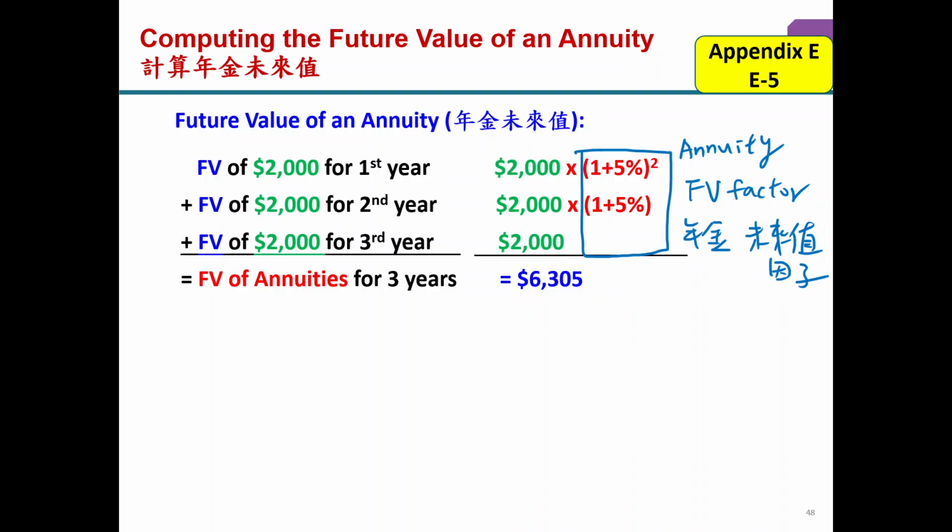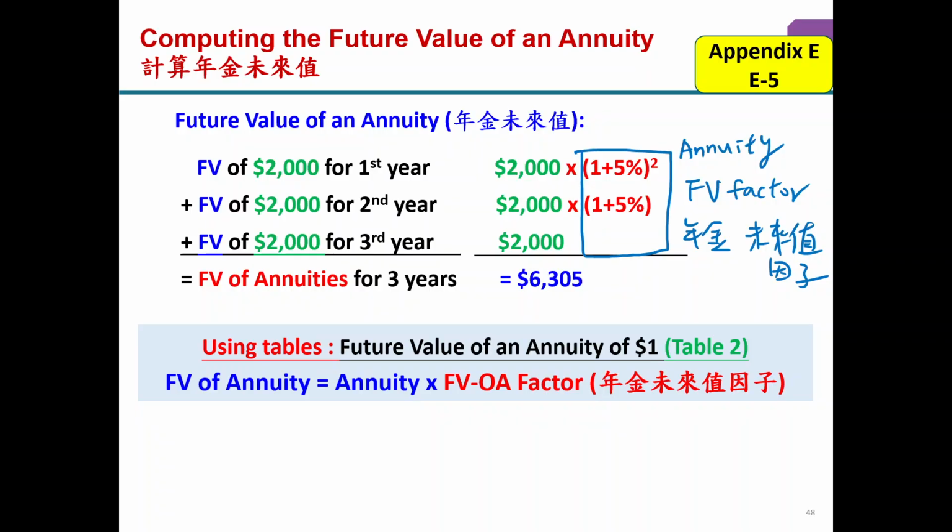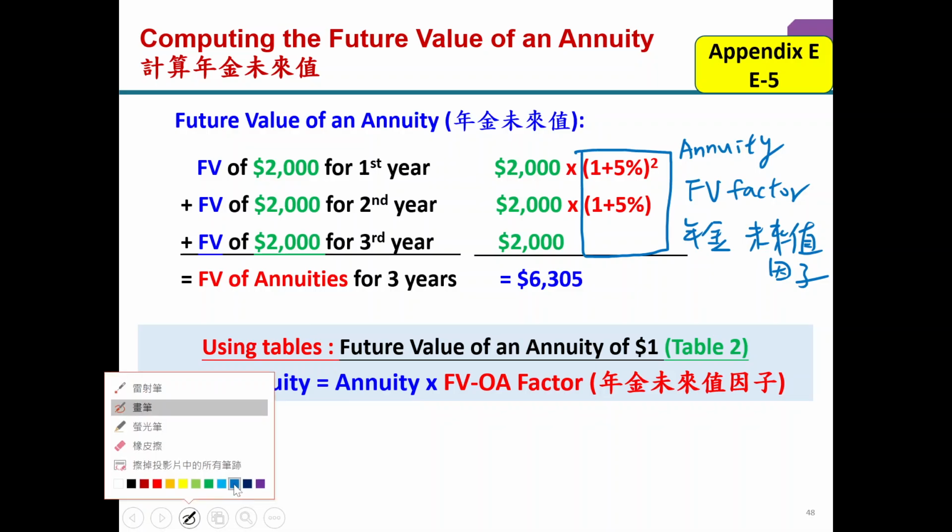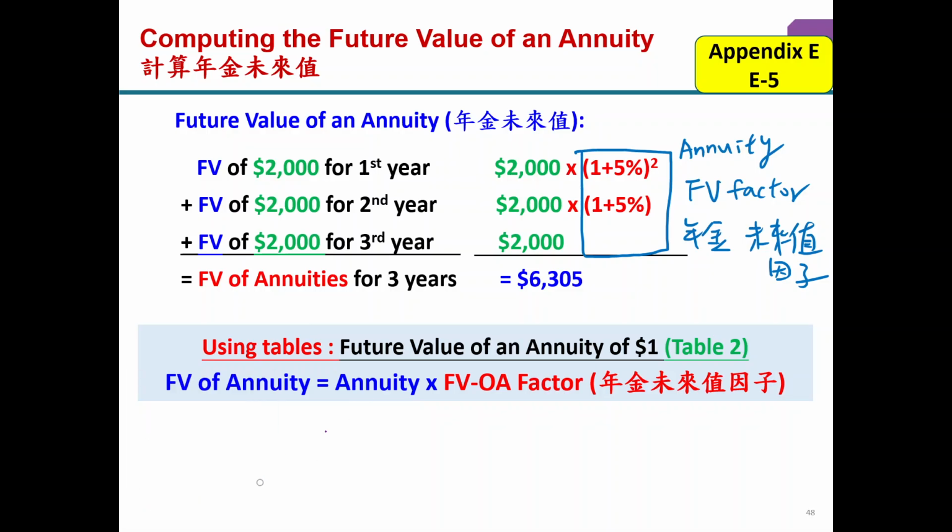So based on this, how to get the annuity's future value is based on the 2,000. 2,000 is an annuity, right? 年金. So based on the 2,000 年金, then we use accounting tables, future value factors, 年金未来值因子